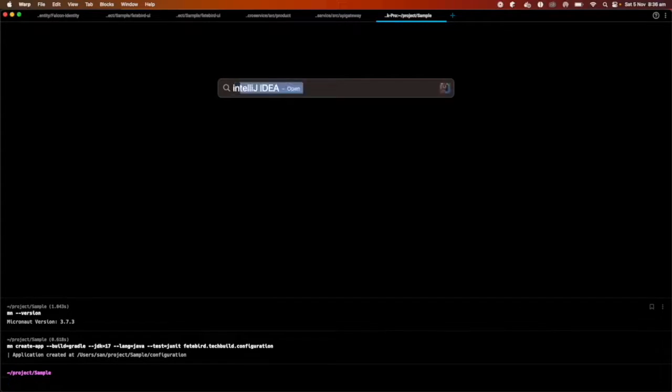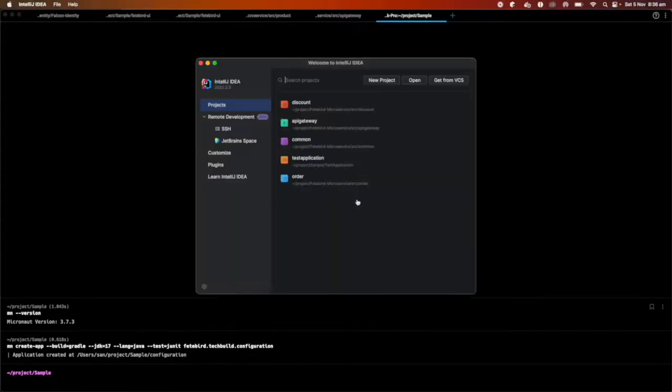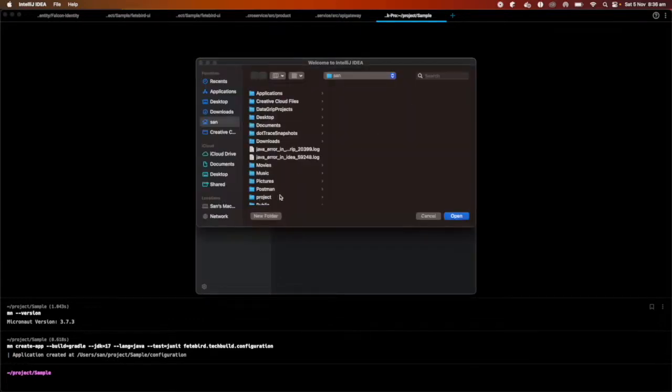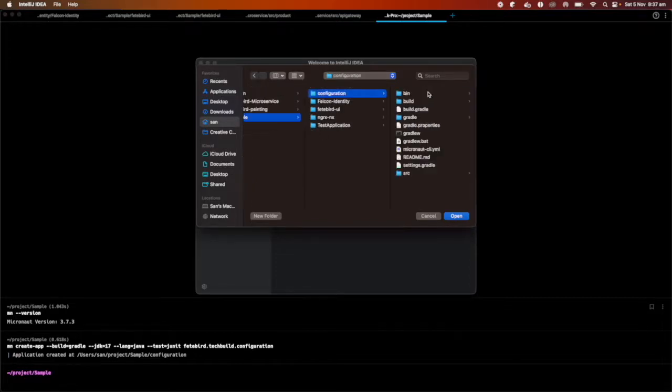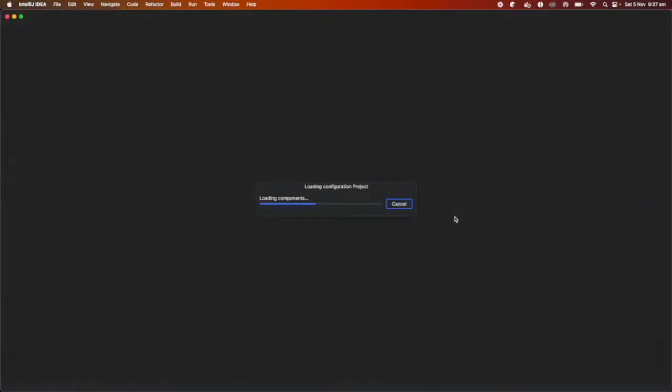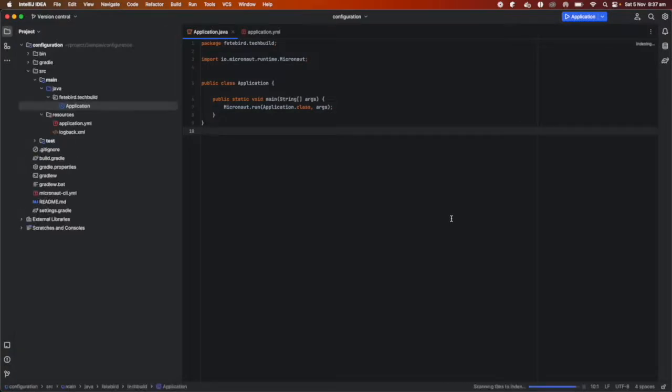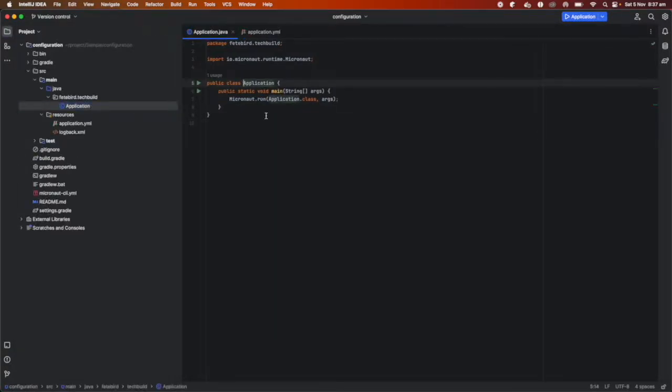Let's open the project in IntelliJ and we'll see how to configure all those things. So let's open the project where the folder has been created. So I have the project in this one, so I'm just opening that one, so it will open the project for you. Now by default this is the Micronaut application, and you will have